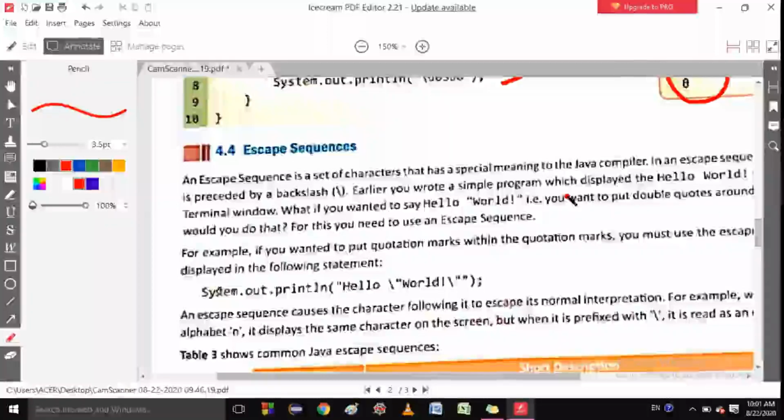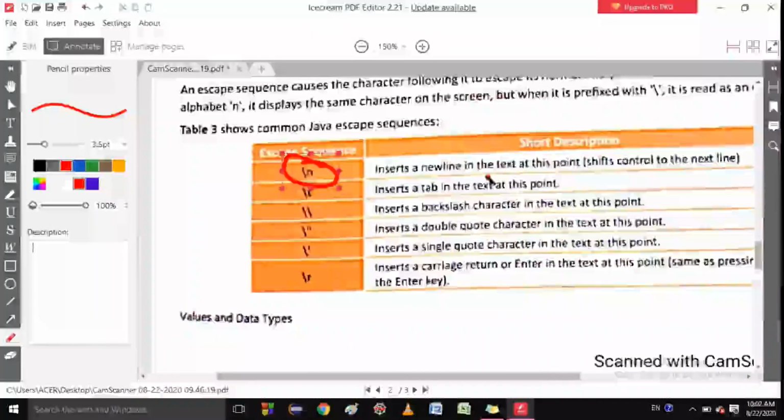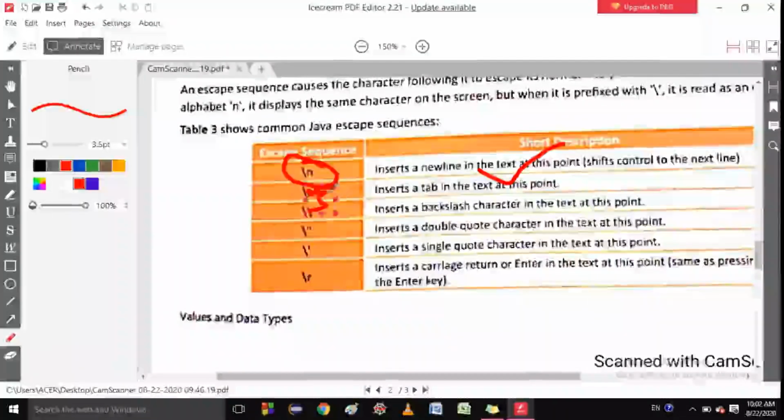Earlier you wrote a simple program which displays hello world. Let me finish this, then I will write the program in this video. I am just telling something. This is the escape sequence backslash n. So the Java compiler understands this is a new line. If it is written backslash t,